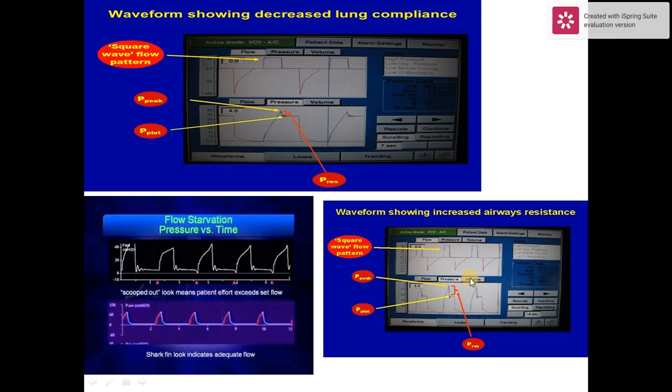Third, it's a pressure waveform showing the increased airway resistance, as I already discussed in the pictorial representation. See here, inspiration, this is the peak inspiratory pressure, and this is the airway resistance. The airway resistance is very high. Then comes the P plat, which is normal. Airway resistance could be high because of mucus plugging, COPD, asthma, and single lung ventilation. All those things increase airway resistance. Okay, this is about the pressure scalar.